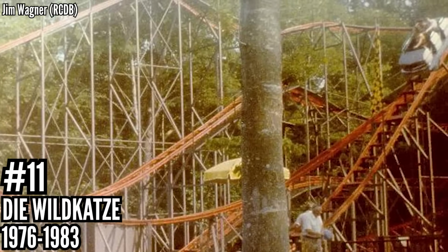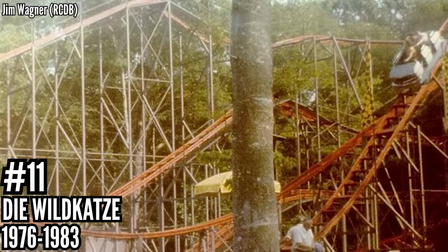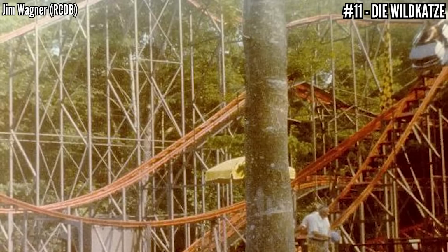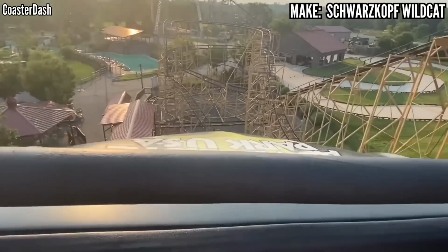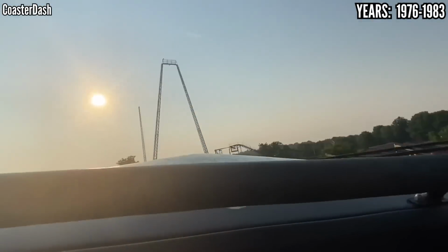Number 11, Die Wildkatze, a Schwarzkopf Wildcat, opened in 1976, closed in 1983. When Oktoberfest opened, we talked about their kiddie coaster, Das Katchen, or the Kitten. This was called the Kitten because there was a much bigger coaster opening at the same time, Die Wildkatze, or the Wildcat. Here's another portable Schwarzkopf model. This one's standing 44 feet tall and having over 1,500 feet of track,